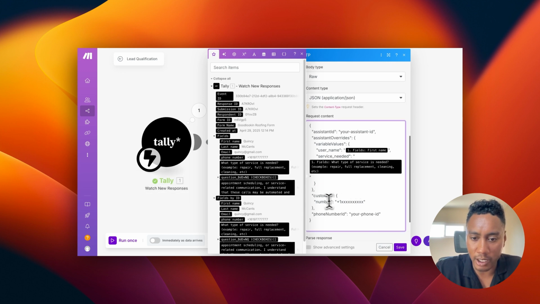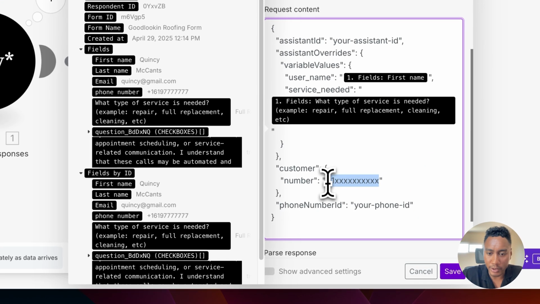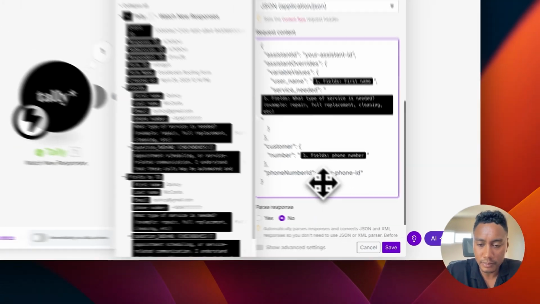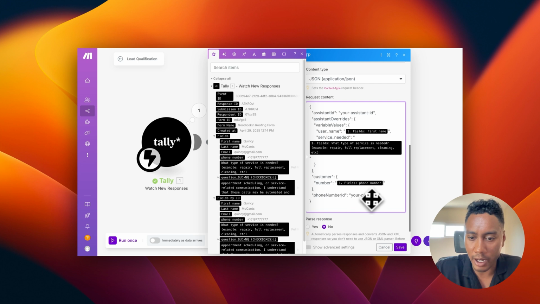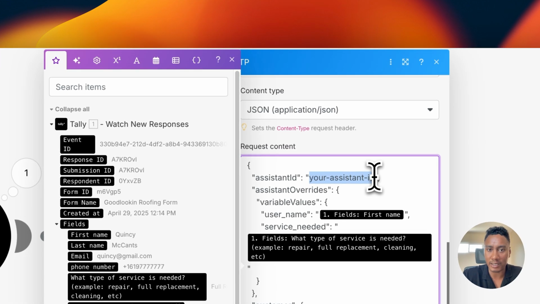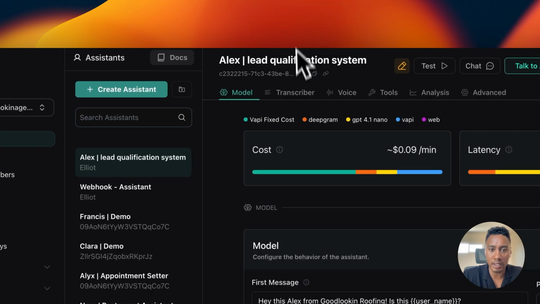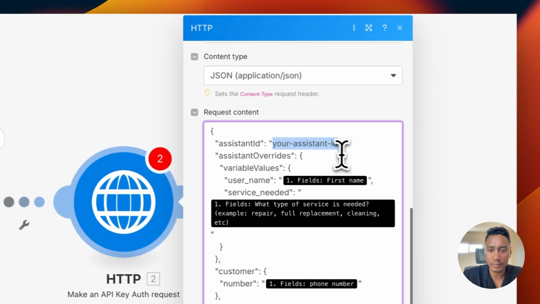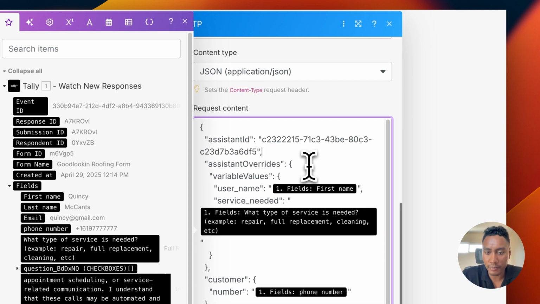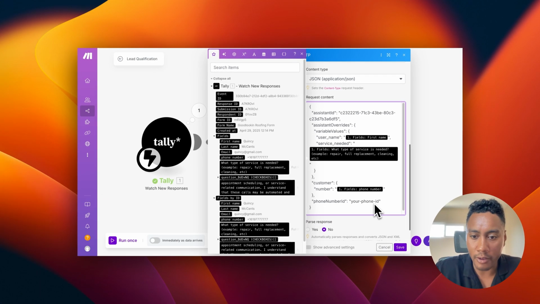And then for the customer phone number, we're going to map that to the phone number from the form. And then also the phone number ID. So we're going to need to go back to Vapi and set up a phone number and connect that to our AI assistant. But before we do that, let's also add in our assistant ID. So we can get that from right here. So copy this and then just paste that in right there. And now for the phone ID,